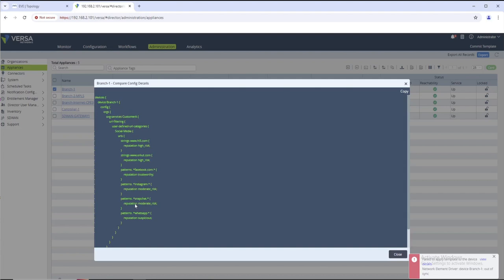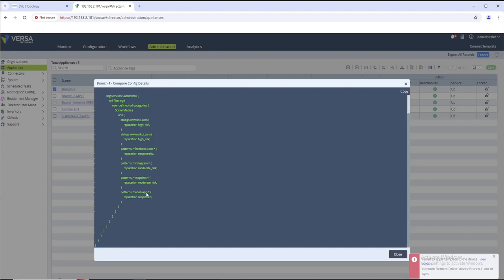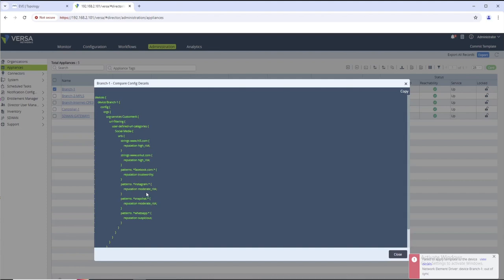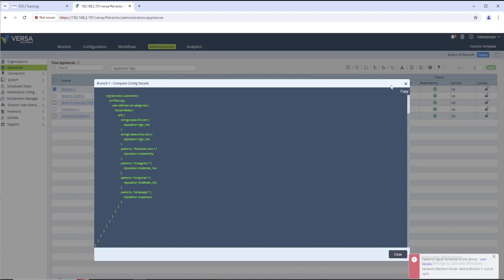So based on what configuration you want to push from the template to the device, or what configuration you want to push from device to the template, we can make it in sync. Here it's showing all the configuration in minus. It looks like we created some URL categories for a couple of social media websites. So let's close it,